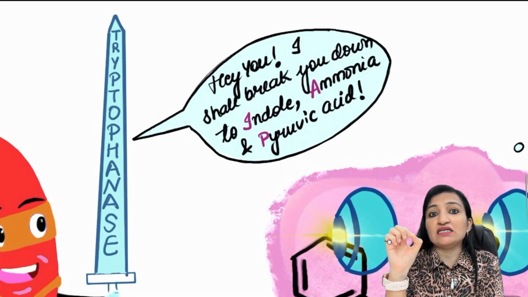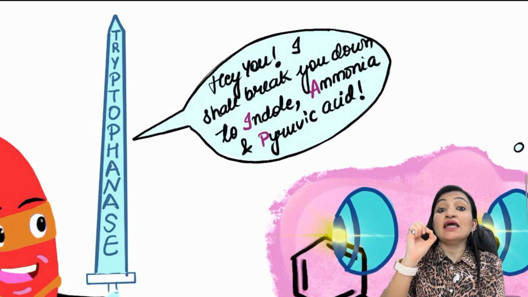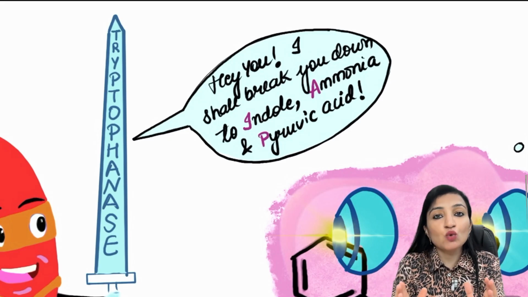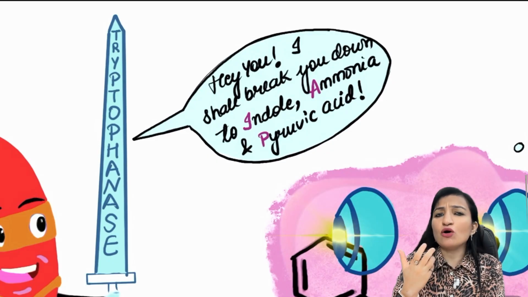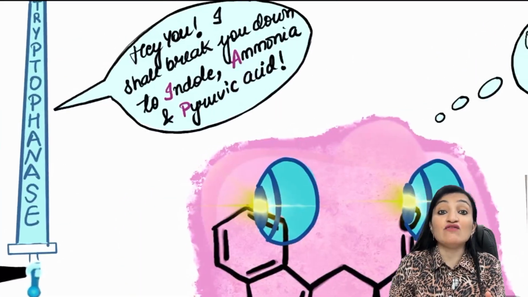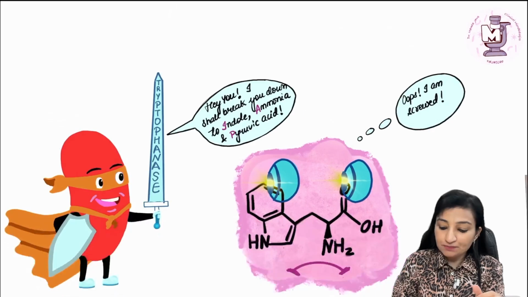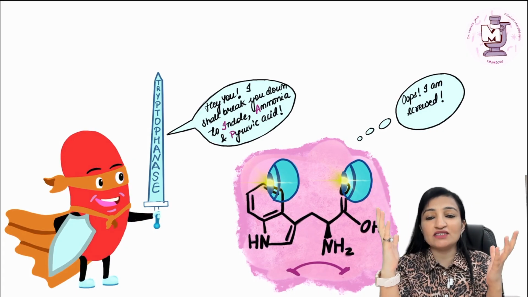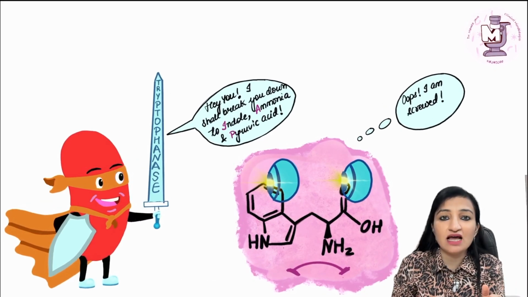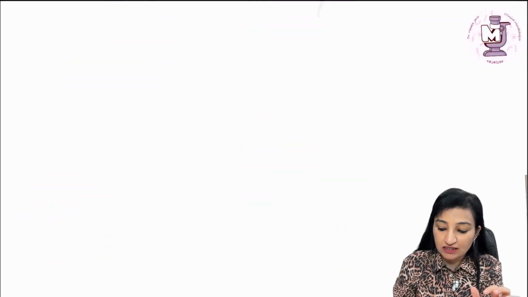Those bacteria which are able to do this are referred to as indole positive. So basically, indole positive bacteria are those which are able to produce indole from some raw material, and that raw material is nothing but tryptophan. And for doing so, they have this destructive weapon, namely tryptophanase. So no wonder this pinkish looking fellow, tryptophan, is thinking to itself, I am screwed. So this is what is happening in indole positive bacteria.